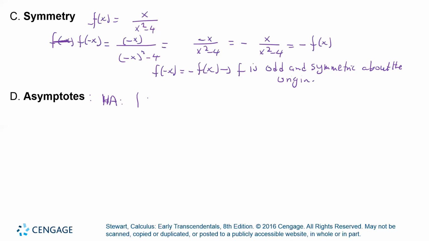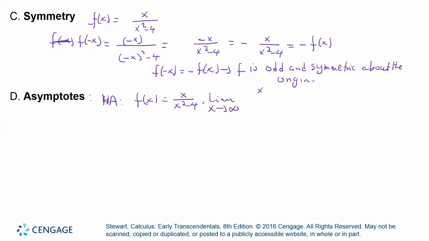Now, don't forget I have f of x equal to x over x squared minus 4. So I want to find the limit as x goes to either positive infinity or negative infinity, there's one of them, positive infinity of this, which will be x, because the denominator's degree is